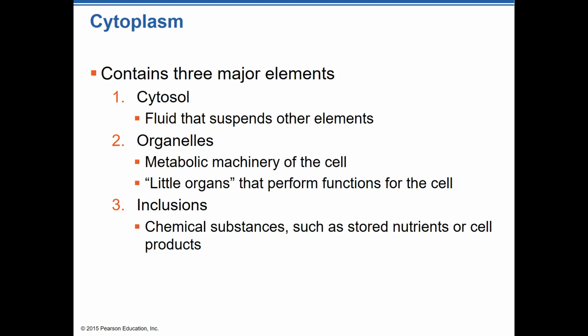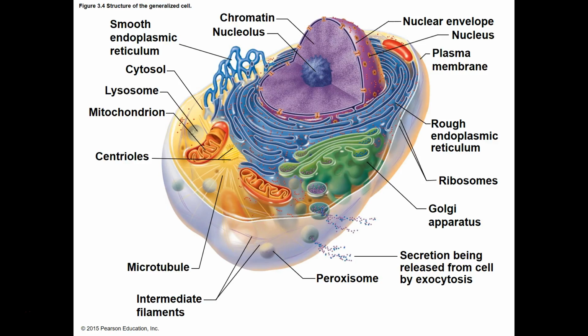work. And also it's got something called inclusions, or chemical substances that are stored nutrients inside of those, and the nutrients and things that are inside of that cell. So it's got like a storage capacity of some substances that cell might need to hang on to and utilize for future reference. So when we look at this picture here, we see all of these, and this little